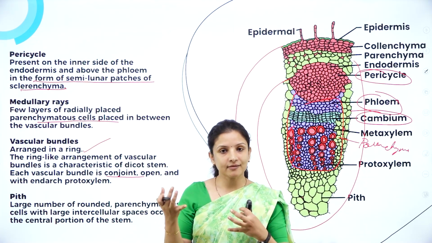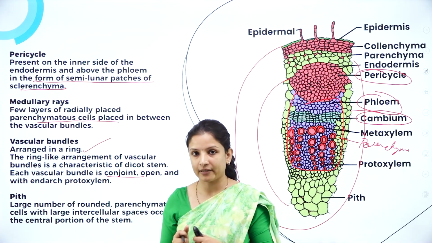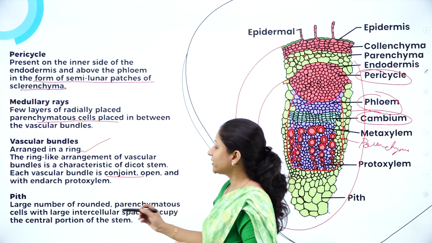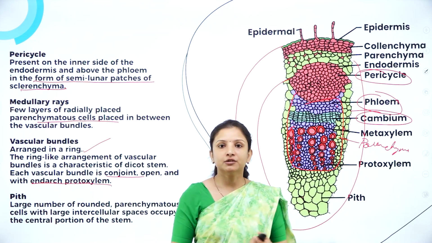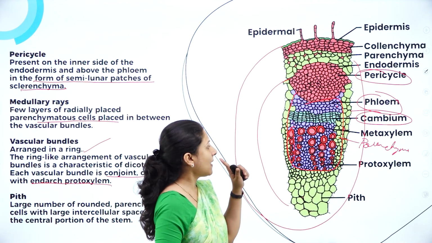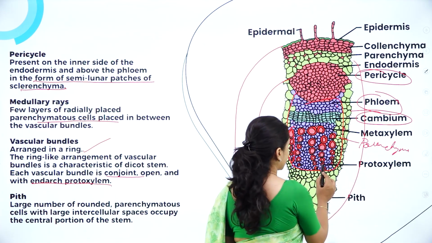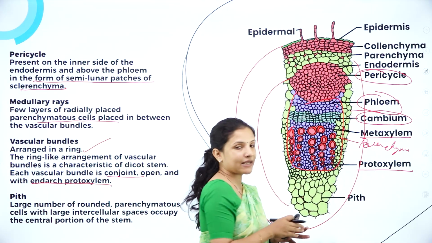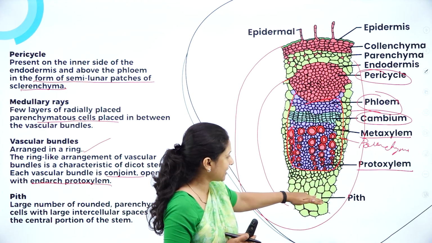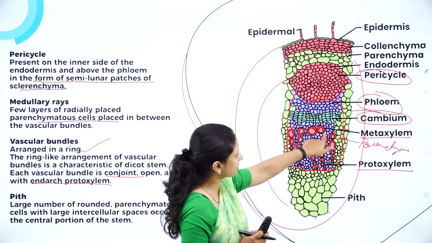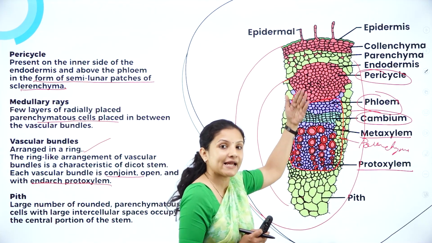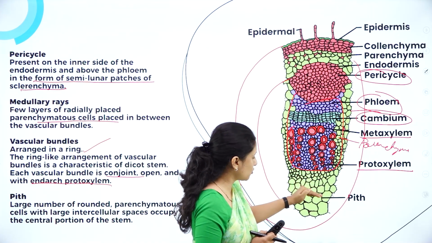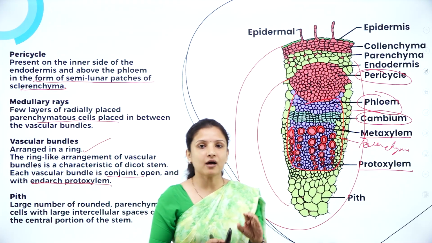So we have already done this in the previous session, so you can have a look at the videos there. So it is a conjoint open type and with endarch protoxylem. So what is protoxylem and metaxylem? Protoxylem is the smallest xylem that is there, and the largest one is metaxylem. Protoxylem is endarch, means protoxylem is towards the inside. It is towards the pith. If the protoxylem was here, then we would have called it exarch. But here, because the smaller xylem cells are towards the pith, we call it endarch